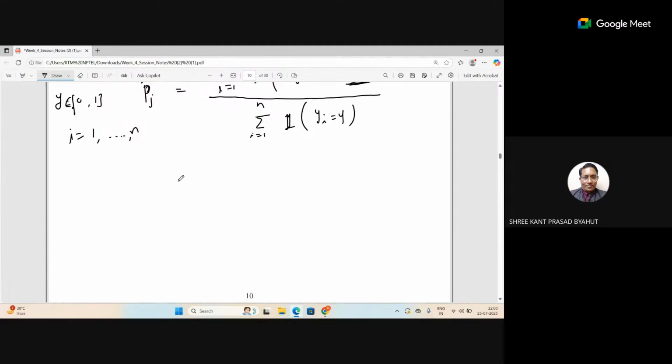Suppose I will not write the words. I'll write F1, F2, F3 like that. So suppose this is my feature F1, and there is this example X1, and there is this label corresponding to this X1. Let us say I will use two or maybe three features, and y belongs to 0 and 1 only.